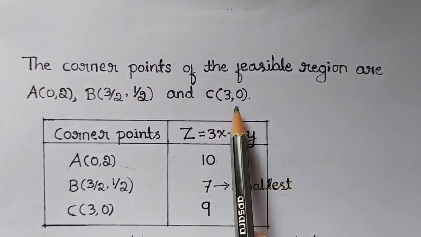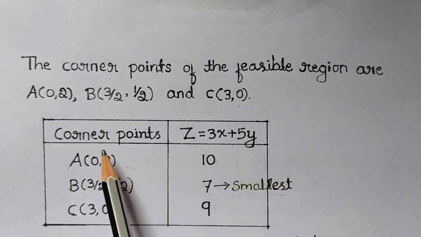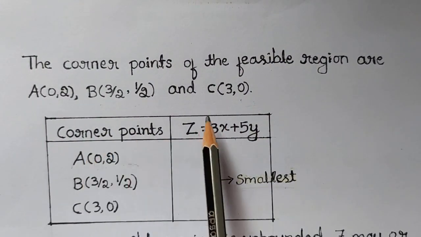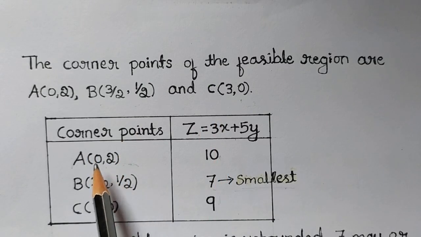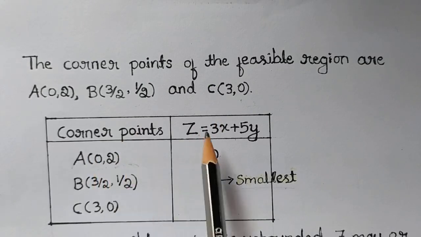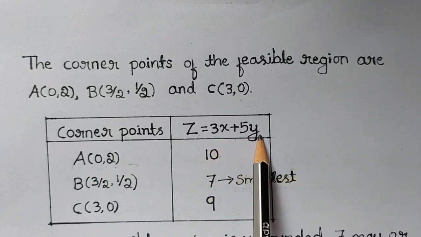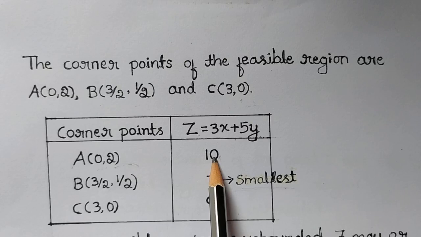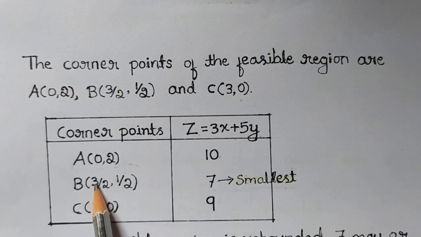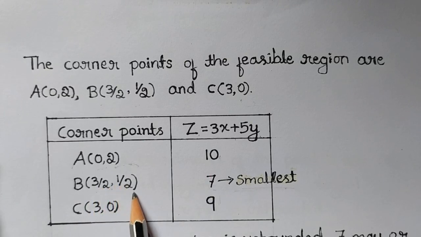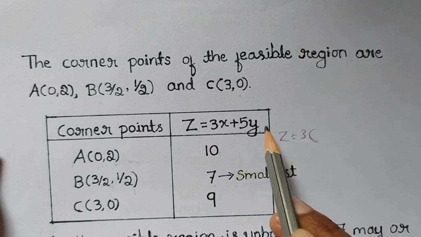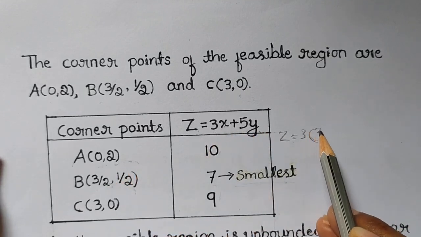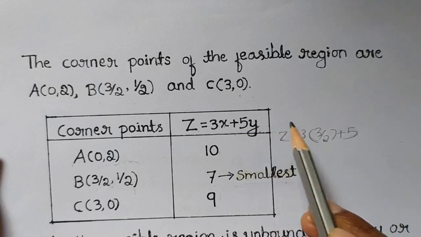Now the next step is to evaluate the value of z at these corner points. So we draw a table. In the first column we write the corner points, in the second column we write the value of z. For the first point, substitute x as 0 and y as 2 in this equation. On solving we get the value of z as 10. For the second point, put x = 3/2 and y = 1/2 in this equation. We get z = 3 into x, which is 3/2, plus 5 into y,